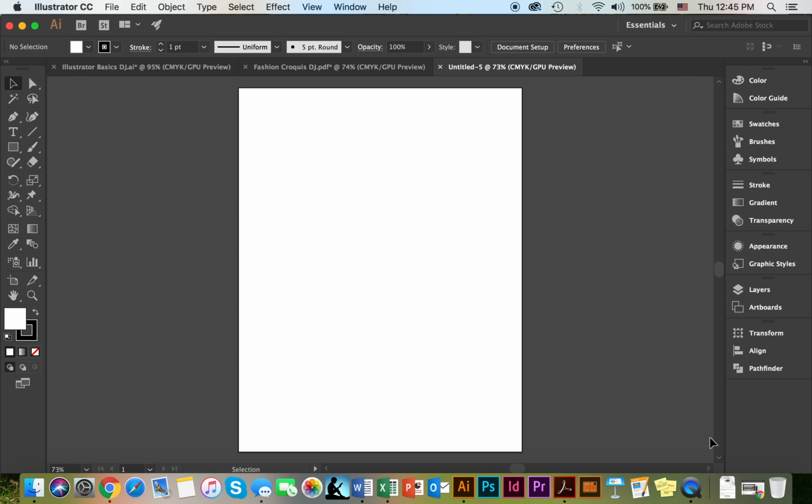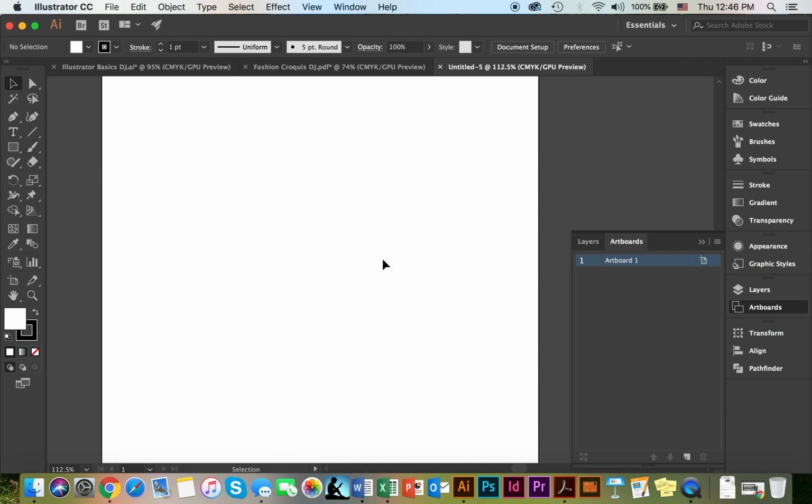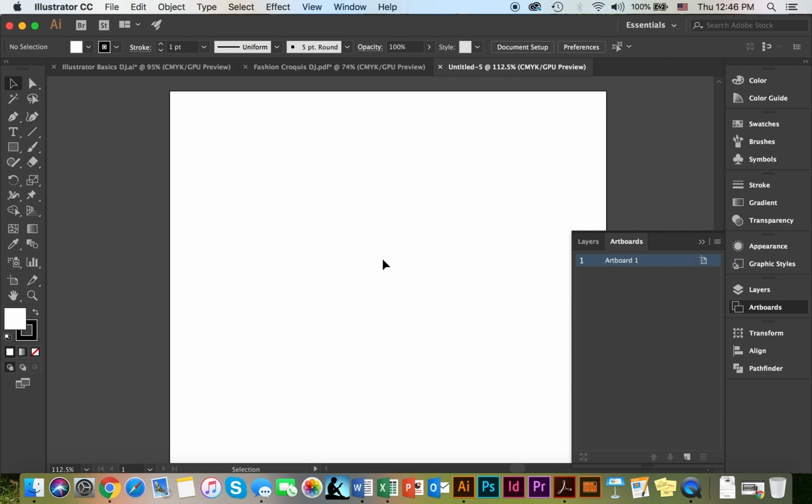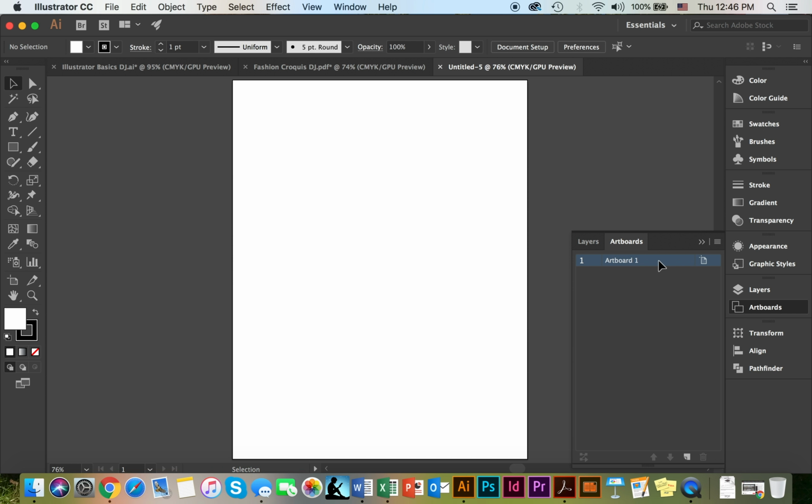The first step of creating a file template is to make your way down to the Artboards menu. And normally your artboard is going to be already centered in, but let's say it shows up looking a little zoomed in, a little bit on the side. What you have to do is make sure that your artboard is centered so that whenever you place your file template, it will be placed in the center. So to do that, we're going to Command or Control 0,